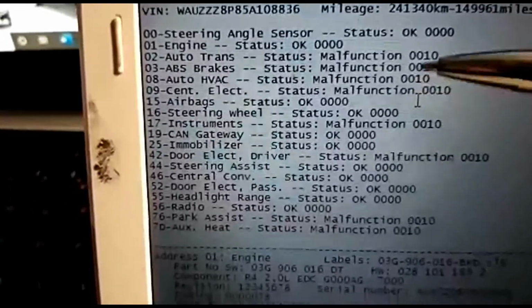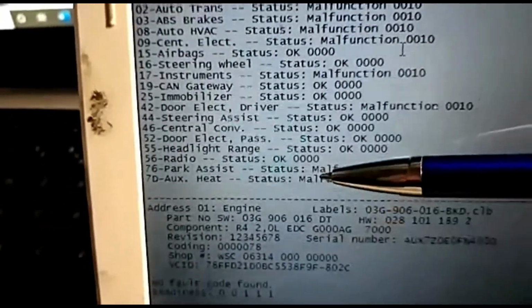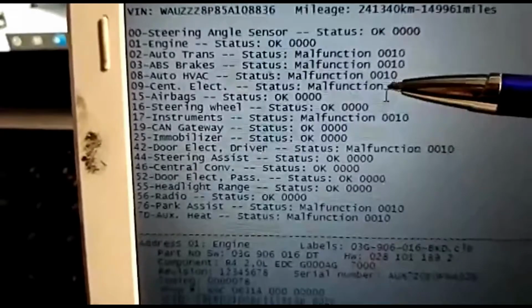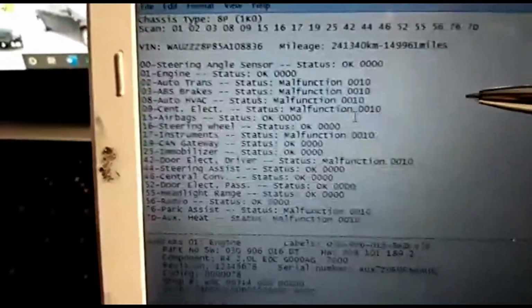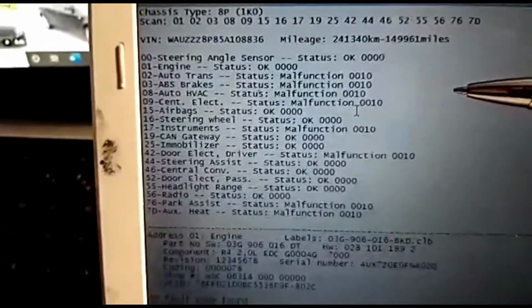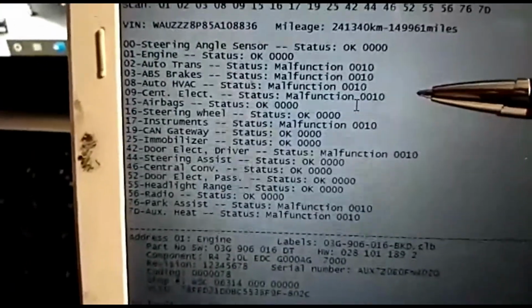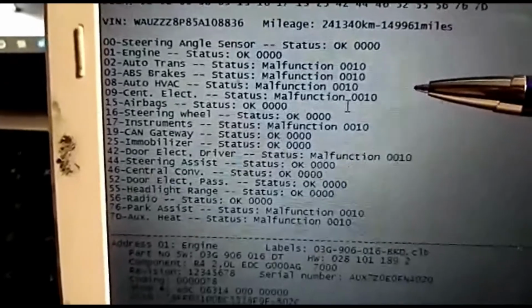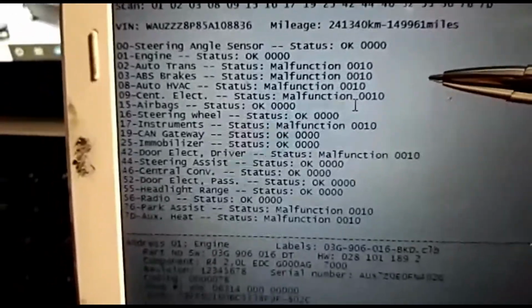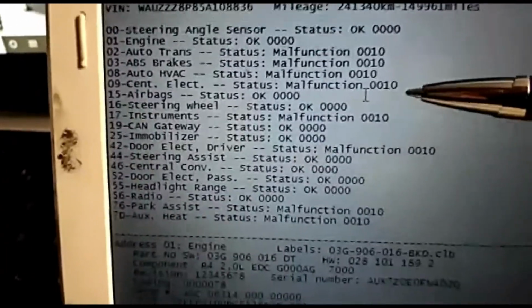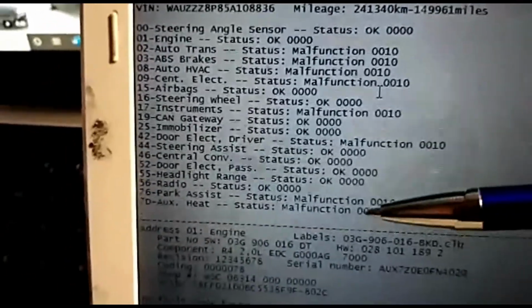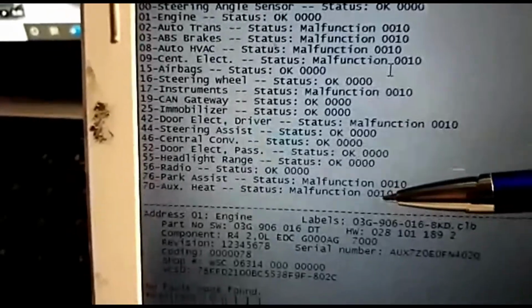Auto HVAC, that is linked with auxiliary heat. This is down to the heater matrix, which is knackered, and it is because the carpet is wet and the coolant has got brown stuff in it, which means somebody's tried to fix it by adding some sealant mix, which is not great. So that'll need all flushing out, and I will actually have to replace the heater matrix inside the car, which